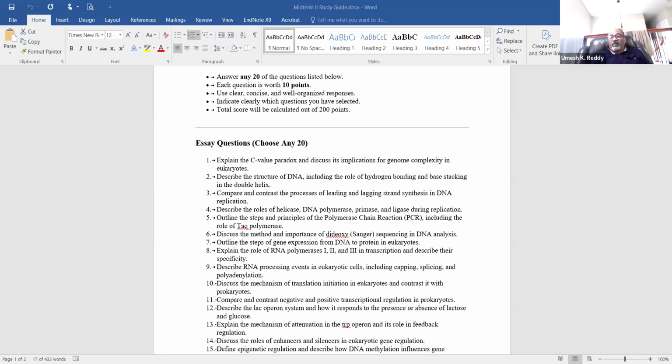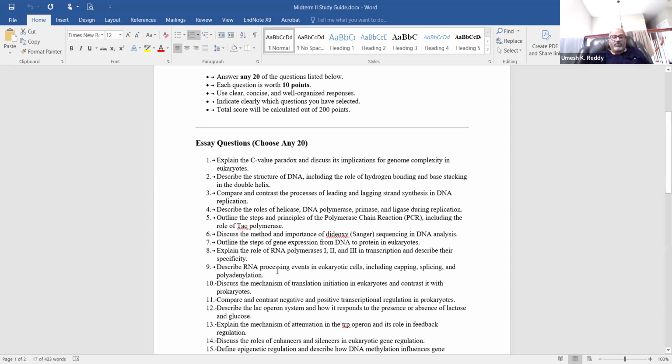And then what is the role of RNA polymerase 3? All the tRNAs, transfer RNAs, that we just discussed in translation. So RNA polymerase 3 synthesizes the tRNAs, 5S RNAs, and small non-coding RNAs as well. These 3 different eukaryotic RNA polymerases are very important. So that's the 10 points question. Very easy to get points there.